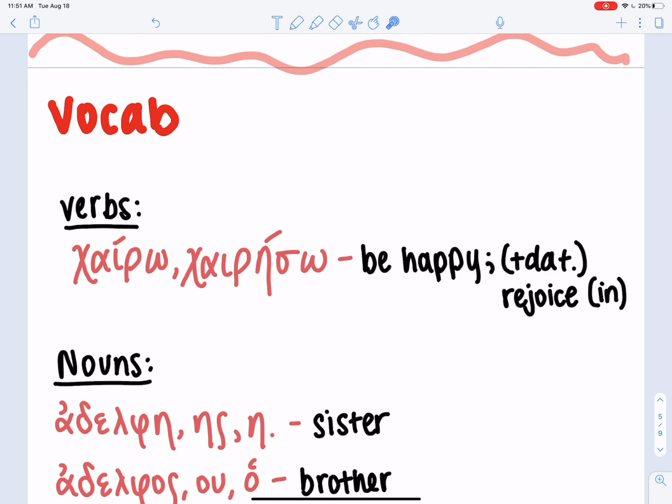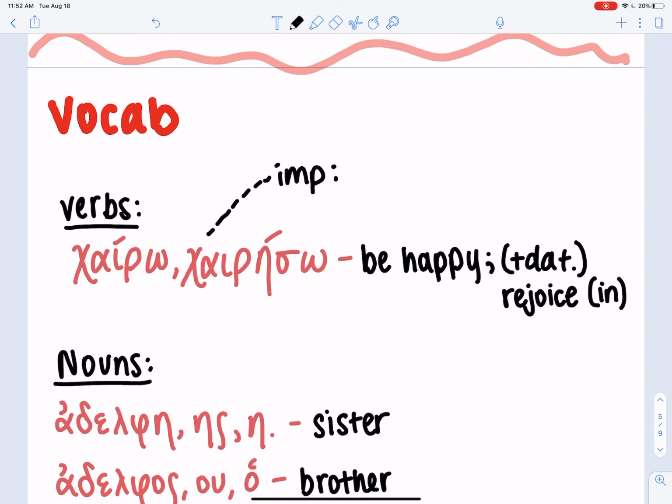We only have one new verb this week, which is chairo. And you might remember, because I say this at the beginning of every lesson, chairete. And that's because chairete is from chairo. And chairo means to be happy, or with a dative, to rejoice in. But in the imperative,